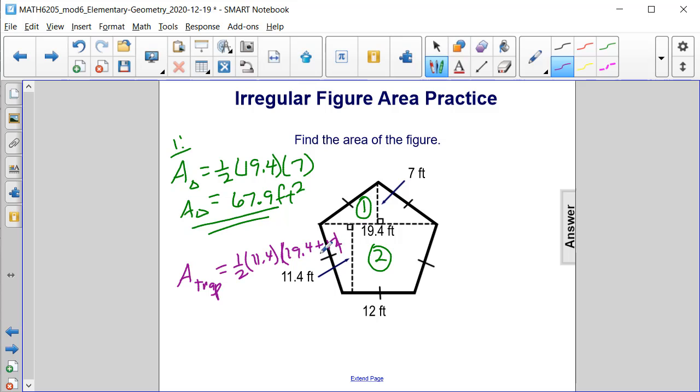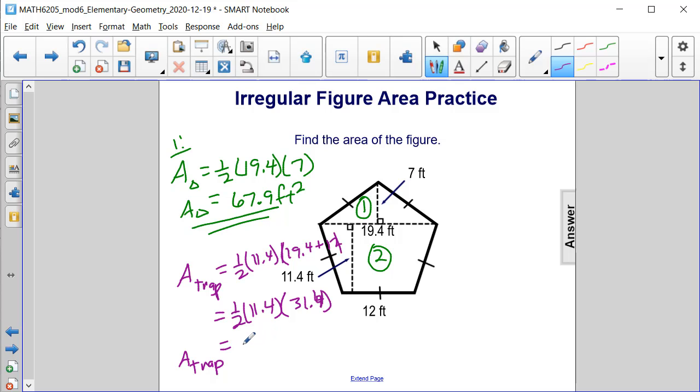And if we add up both of our bases, we get a sum of 31 4/10. And then we'll drop down the 1/2 and the 11 4/10 for the 1/2 and the height. And now if we multiply these three numbers together, we will get the area of the trapezoid,